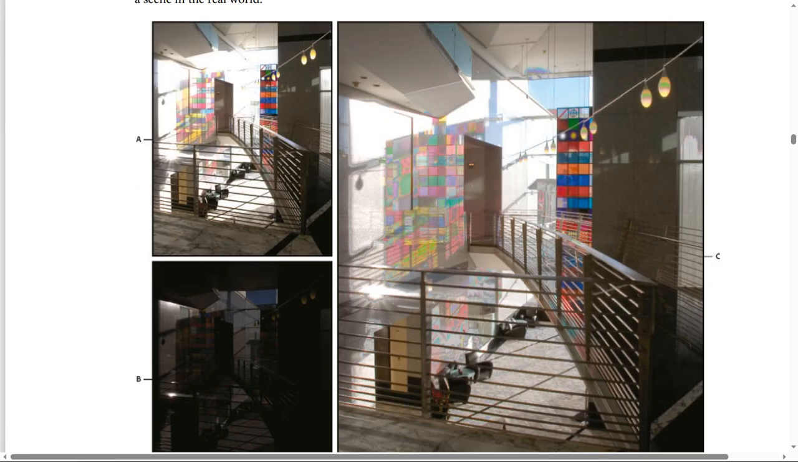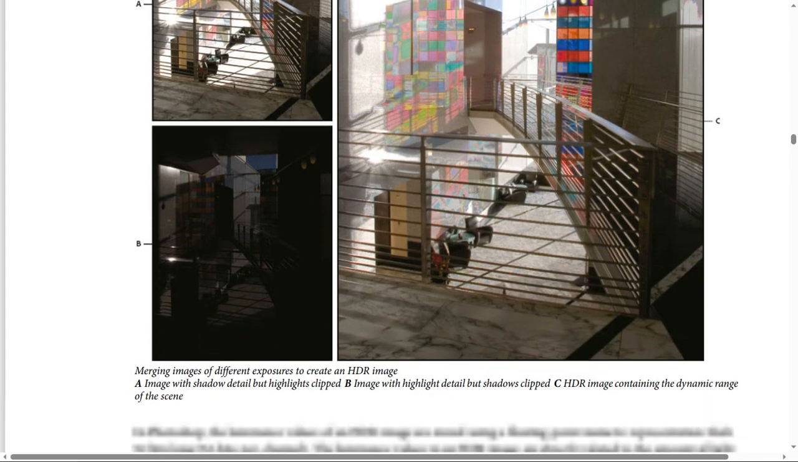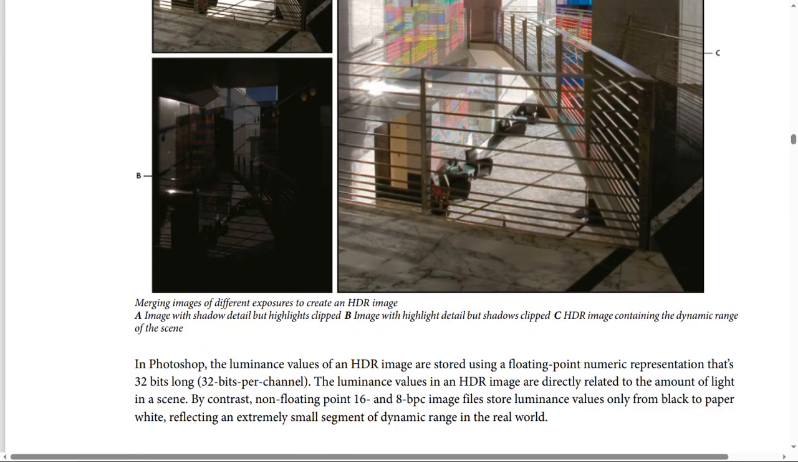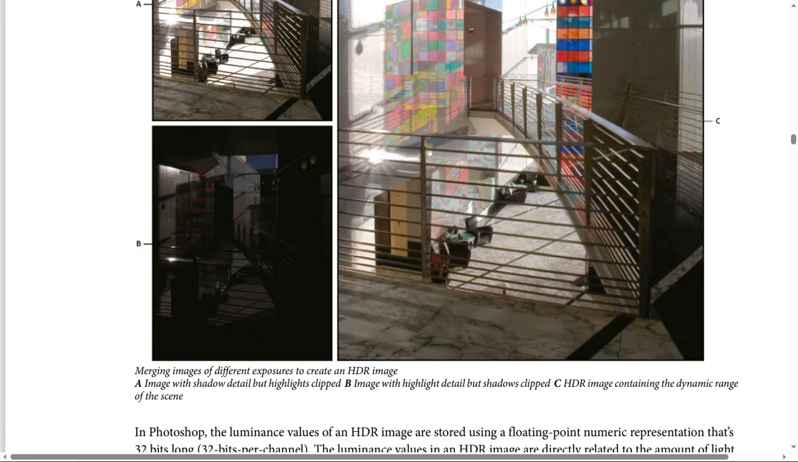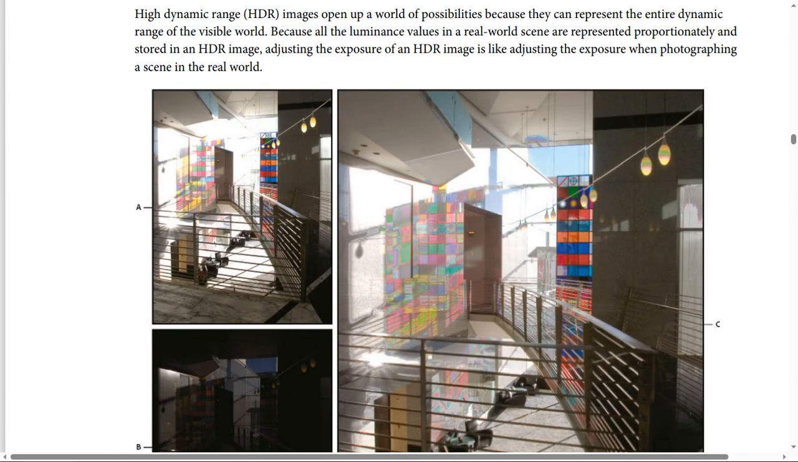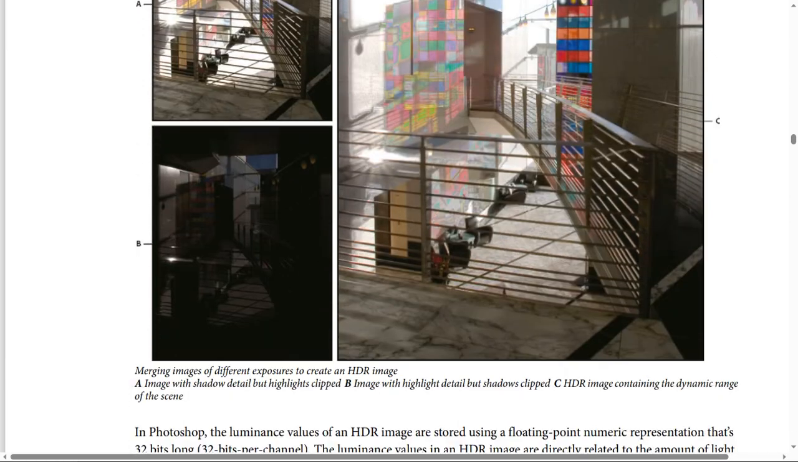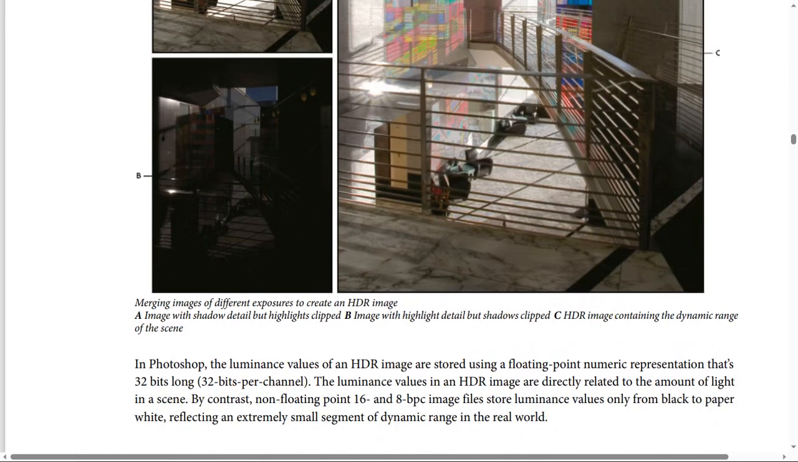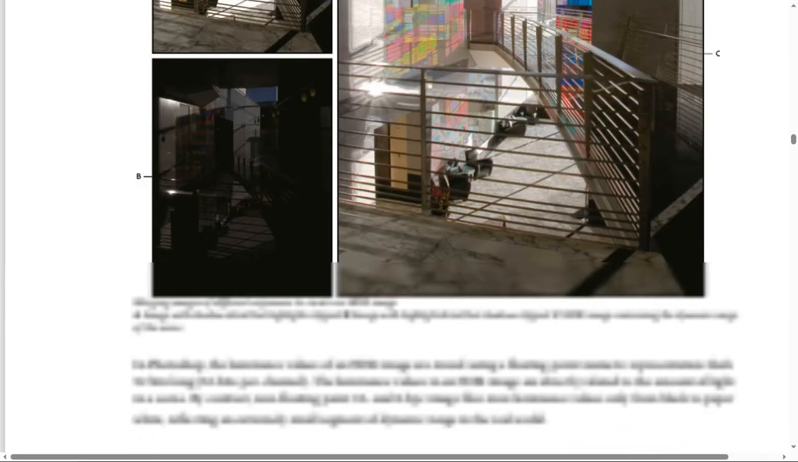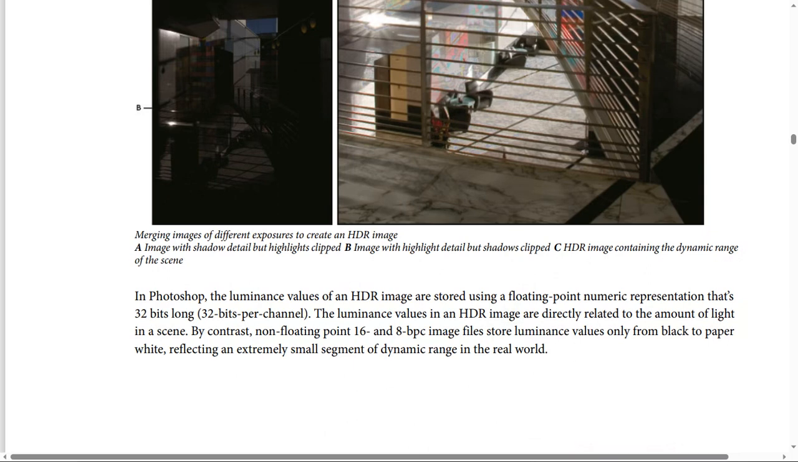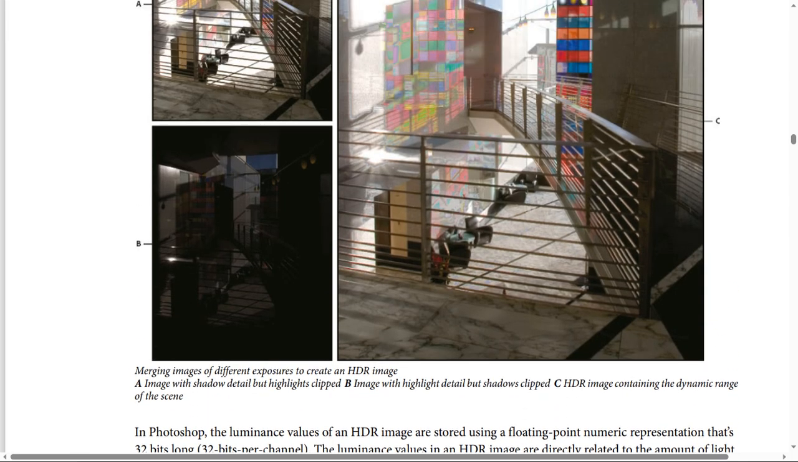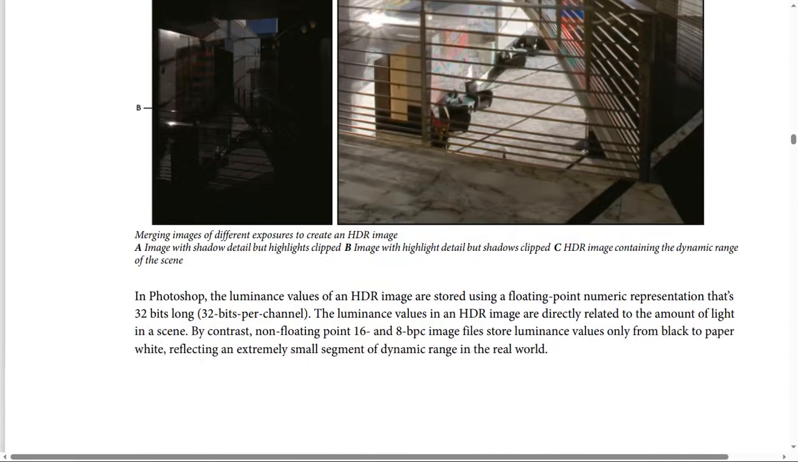Number A in this picture is an image with shadow detail, but highlights clipped. Number B is an image with highlight detail, but shadows clipped. Image C is an HDR image containing the dynamic range of the scene. In Photoshop, by the way,